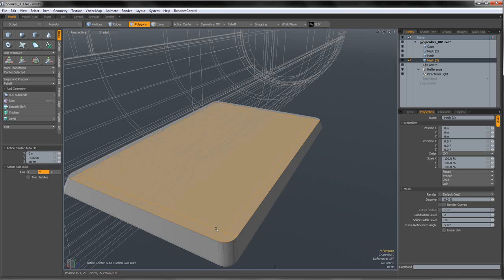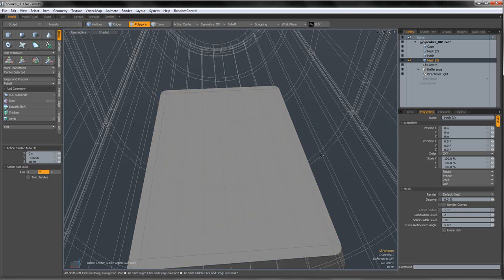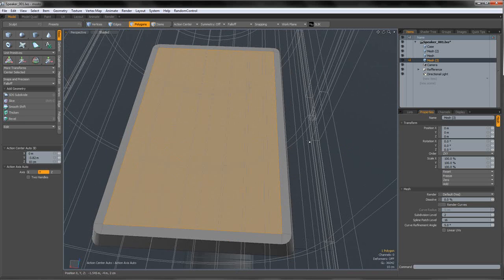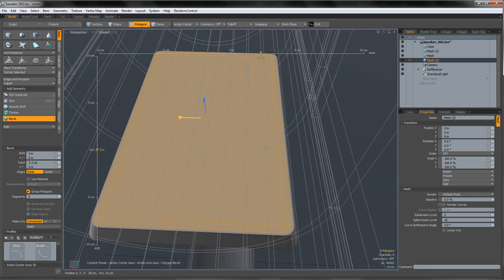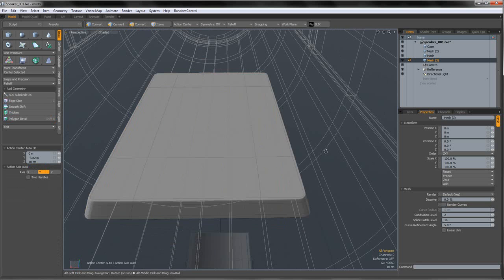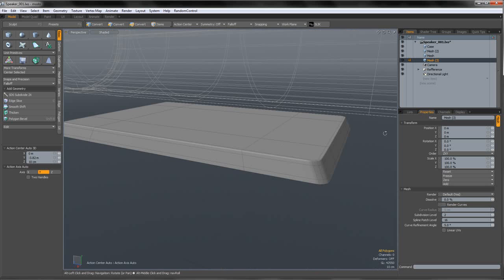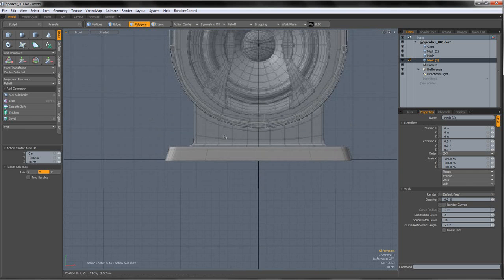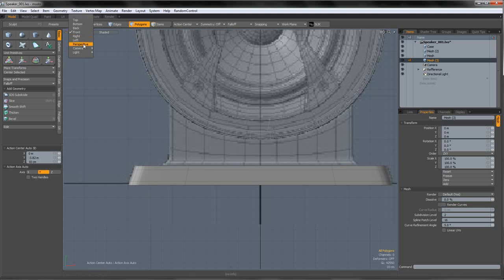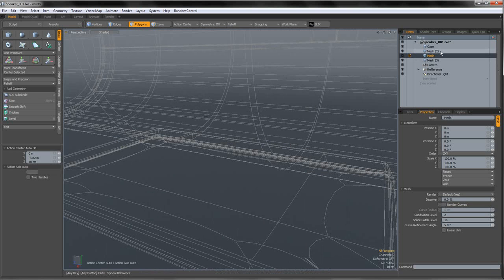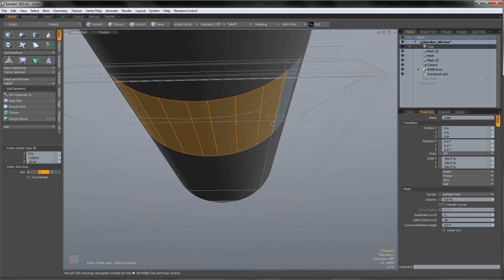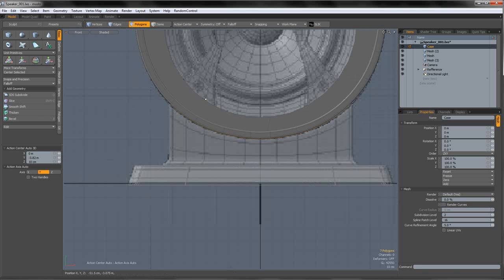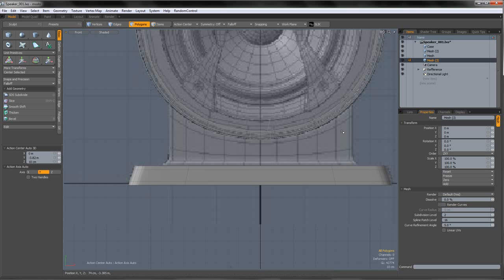Okay, and now we're gonna make an inset. So instead of selecting all of these polygons one by one, you can just select the one in the middle, hold shift and hit up arrow once, and you're gonna have your selection. Okay, and that's about it for this leg, except for those feet, which we're gonna make by copying parts of the case. Okay, so copy those, paste,